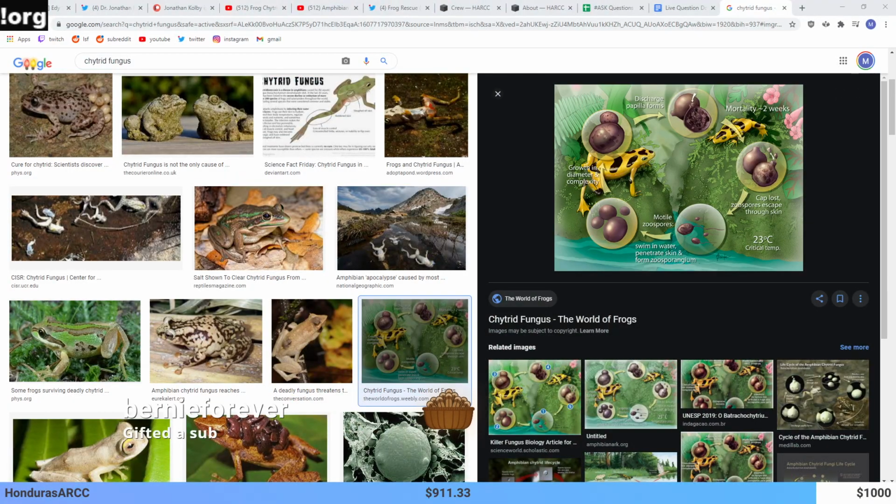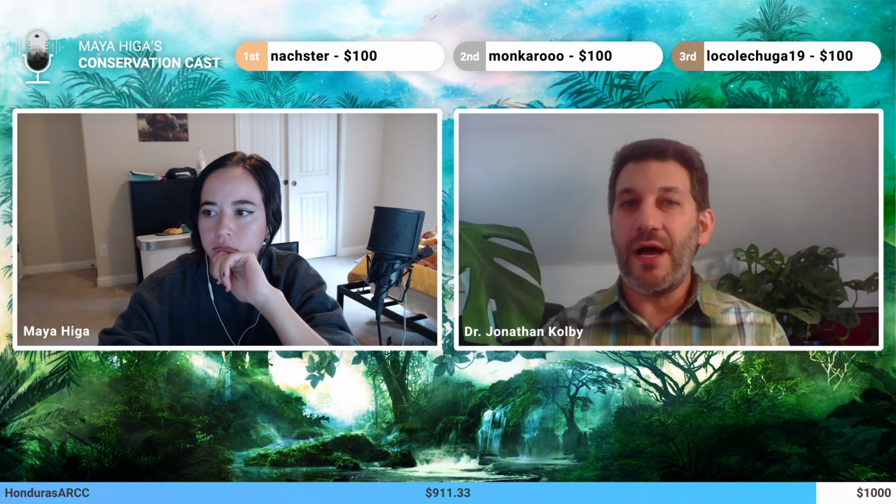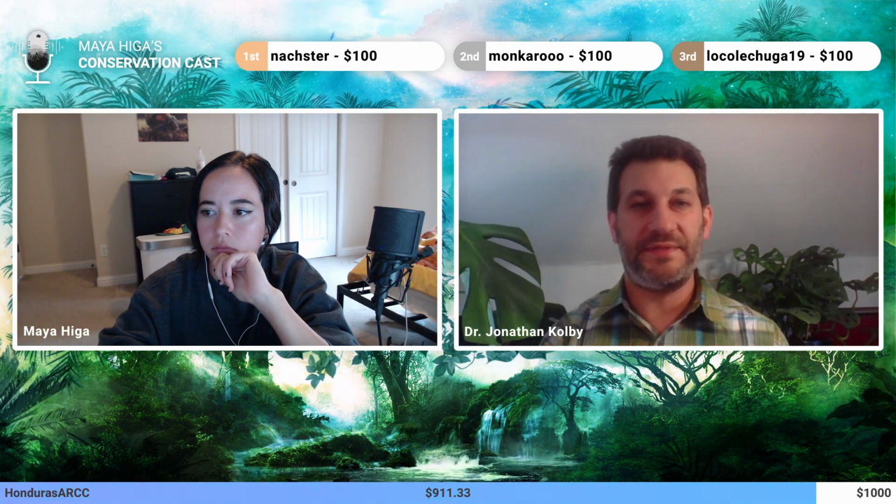layers down in the skin to the place where it produces keratin. Keratin is the stuff that makes up your fingernails and your hair, but for some reason it loves keratin in an amphibian. And that's where it sets up shop and creates its home and starts growing. And the problem with this is that when it grows in the skin,